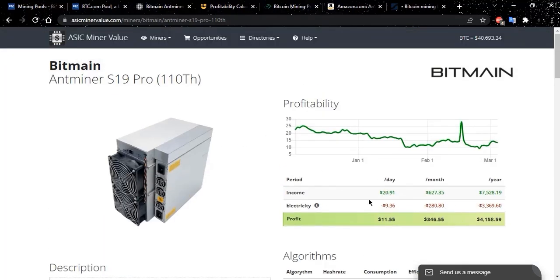Per day we have about $20 income, and electricity takes 40-45% of the total income. This is huge. This is all related to the cost of electricity. So monthly we will have income of about 627 USD, and the electricity will be about 280, so the profit will be about 350, let's say. And when you see the price of Bitcoin, now it's 40,000 American dollars. So imagine this, the price will be doubled.